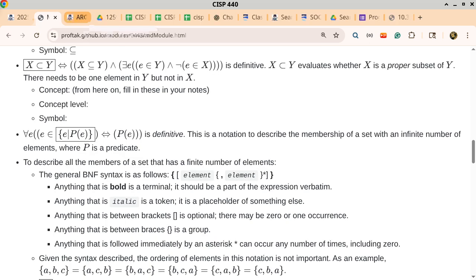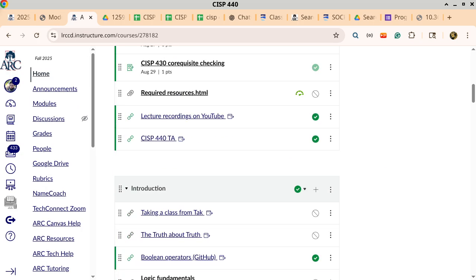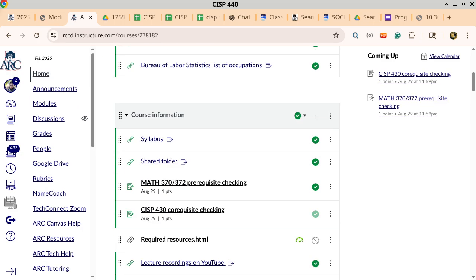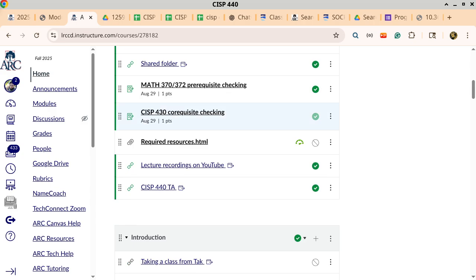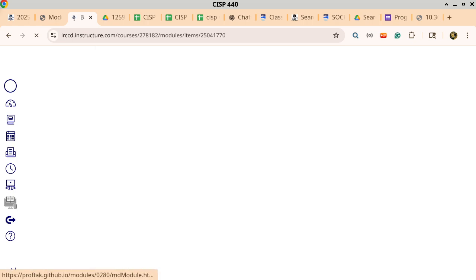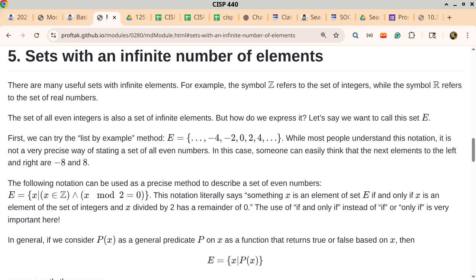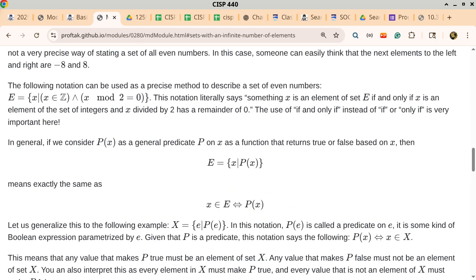It's not in this one, I believe. Oh, okay, I might have closed that one already. Right. Okay, so I think I know where to find it. It is in this particular module, on a set that has an infinite number of elements. It's right here. So before I introduce quantifiers, I basically say if E is defined to be this symbol here,